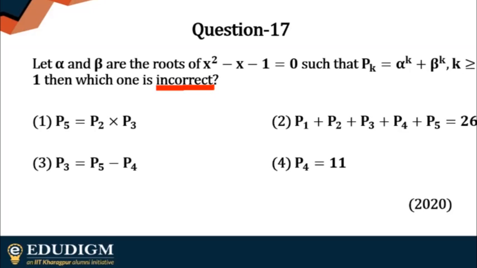Okay, let's just see some more answers. It's a little different from what you have been doing so far. I think I'll reveal a part of the solution. You keep on trying this one, and as you get the answers, just comment in the chat box. So let's quickly see a part of the solution that we have done here. Suppose alpha is the root, as you see. So this is going to satisfy.